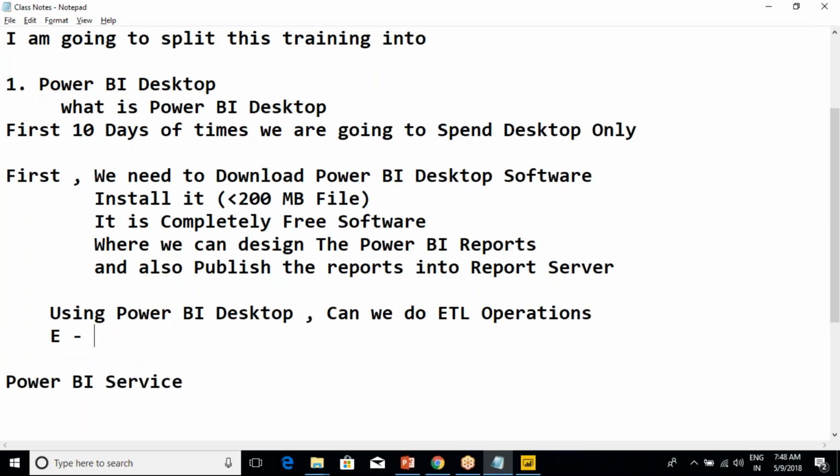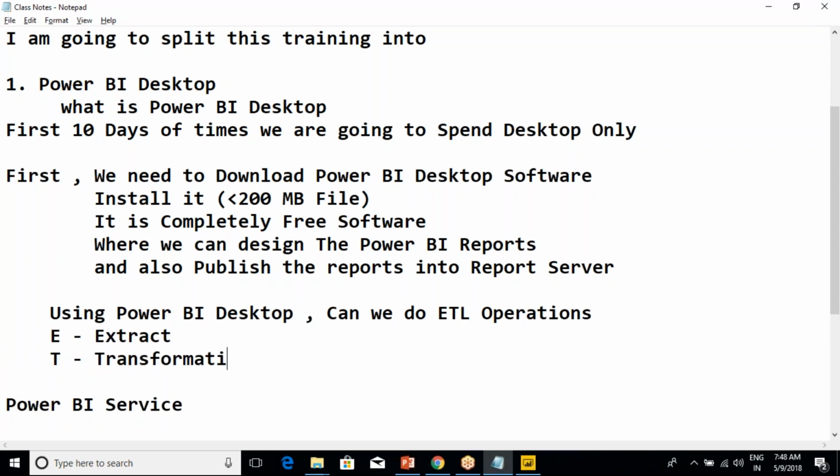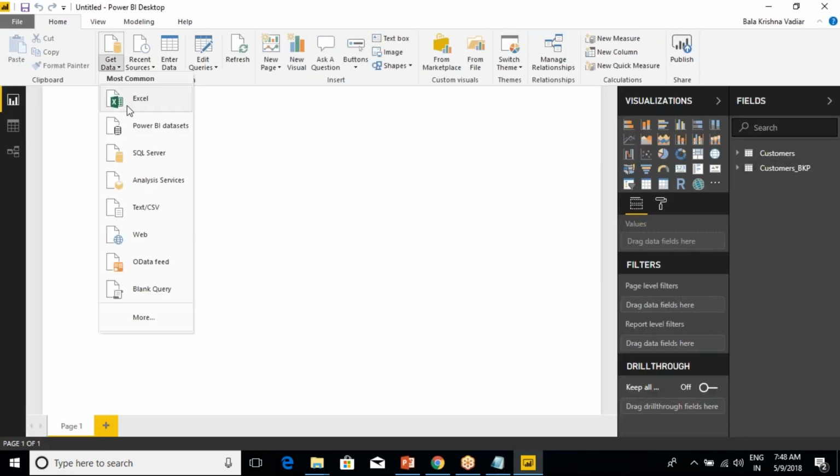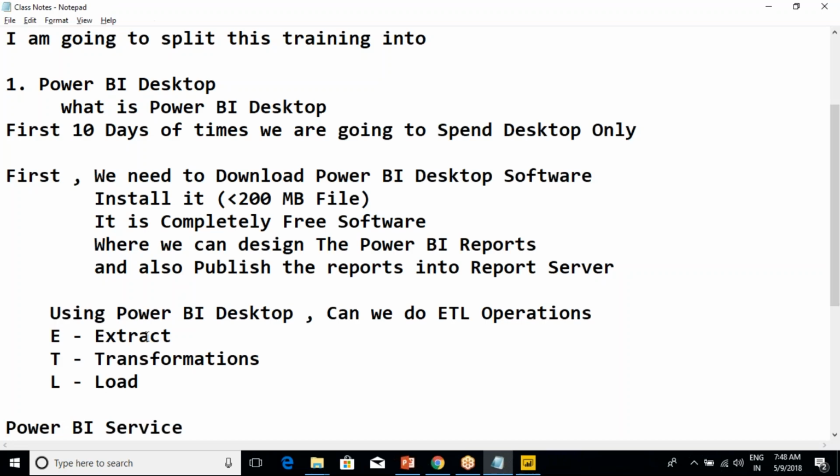E for extract and T for transformations or transform, whatever you call it. L for load. That's what we have done right just now. We performed the ETL operations, which means we connected to an Excel file to get data. That is what is called extraction. And loading is also done. We have loaded into Power BI desktop, and in between I performed some